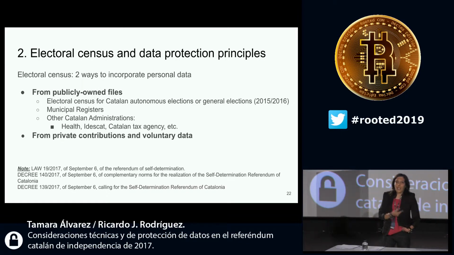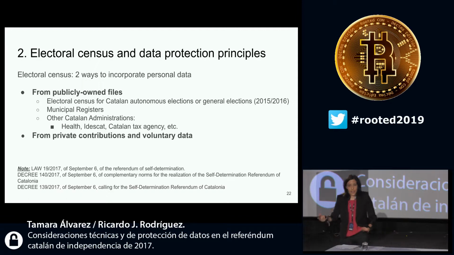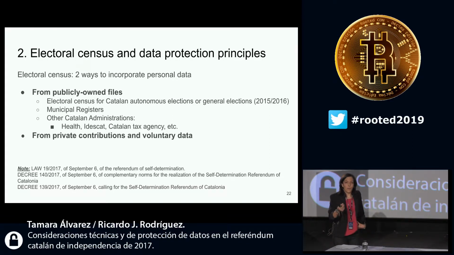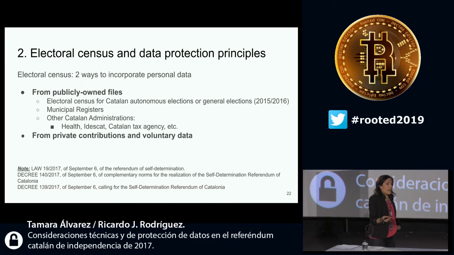One, through the copy of the electoral census that had been legally granted by the state for the self-governing communities elections of 2015 or the general elections of 2016. And how was the census generated? Well, through the data of the municipal census. So perhaps some